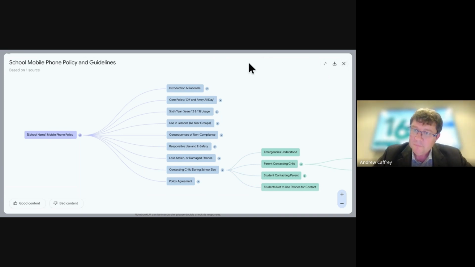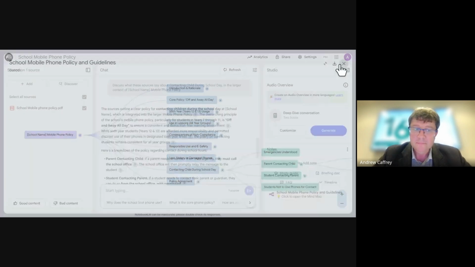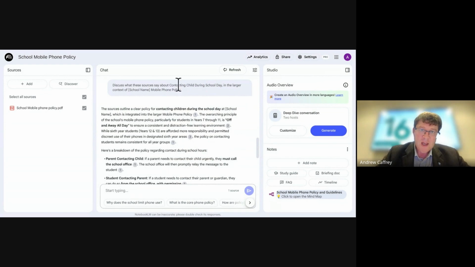So once I create content in Studio, whether it's the audio overview, whether it's the mind map, whatever it is that I'm creating, I then have the option here to download it. So I've got a download button there, and I can bring it off that way. And that was one I was just creating live. Let me show you a couple more examples of different pieces. And I'm also going to show you what the audio view looks like when listening. So these are some examples